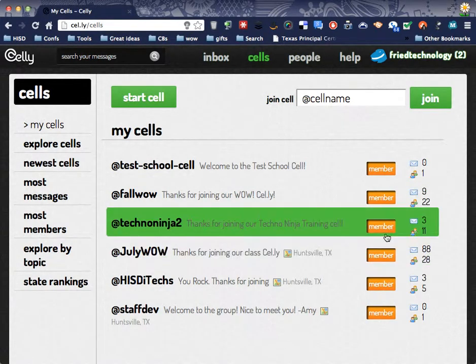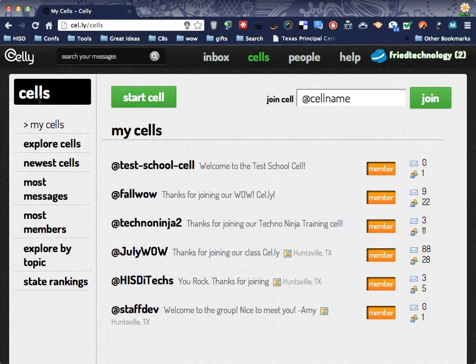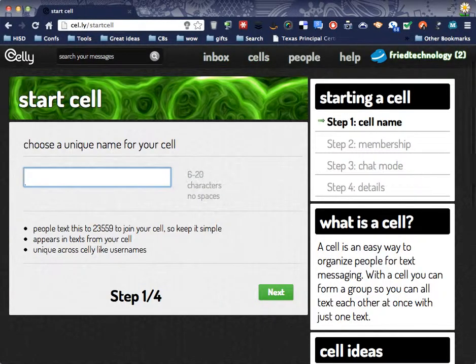Hi, this is Amy, and I want to show you how to set up a cell on Celly and create a QR code so that people can scan that and join your cell so that they can receive text message updates from you. So I'm going to go ahead and click Start Cell, and I'm going to call this Test School